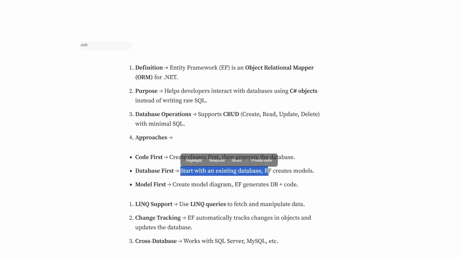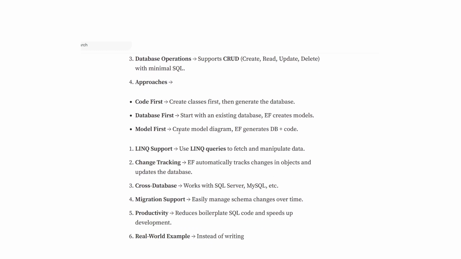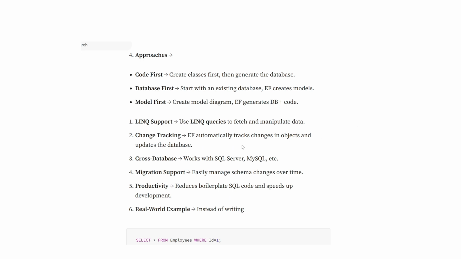And the second one is the database first approach, in which we already have a database, so we start with the existing database and then Entity Framework creates models. And the third one is the model first approach, in which we create a model diagram, then Entity Framework generates database plus code. And Entity Framework supports LINQ queries to fetch and manipulate data,